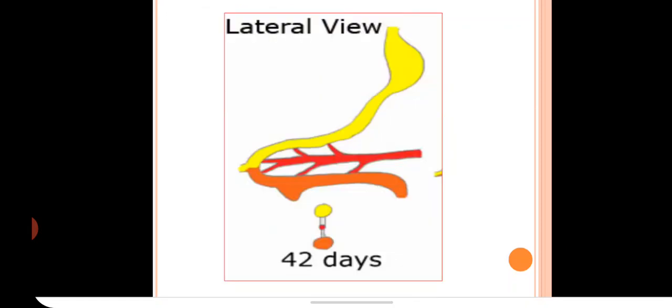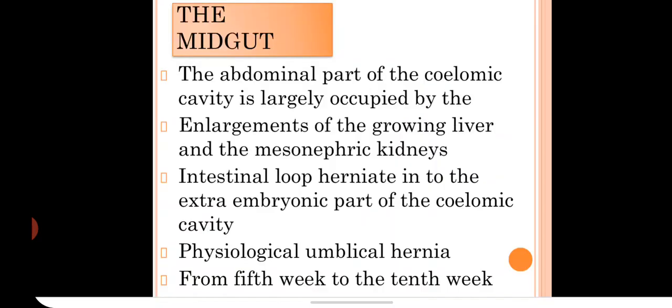So this is how the cecal bud develops in the post-arterial segment. Up to this may be called the pre-cecal segment. The remaining part of the post-arterial segment will be called the post-cecal segment. This rotation occurs in the beginning of the development of the midgut. So before this rotation occurs, we have to know one important event in the development of the midgut.